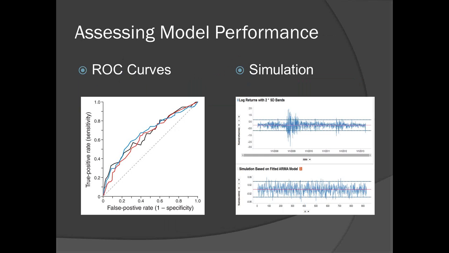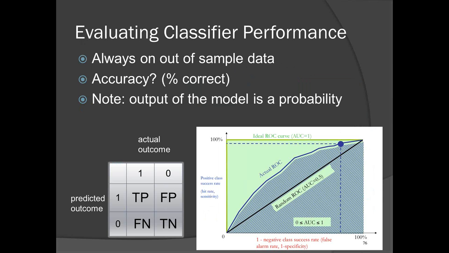I'm not sure how many people have heard of these curves, so I will tell you briefly about them, not a whole lot, and explain how they work, and then I'll show you inside of the Spotfire app an example of using them to compare performance of classifiers. So how do we look at these ROC curves in evaluating classifier performance?